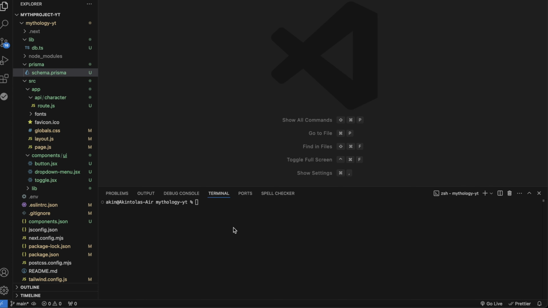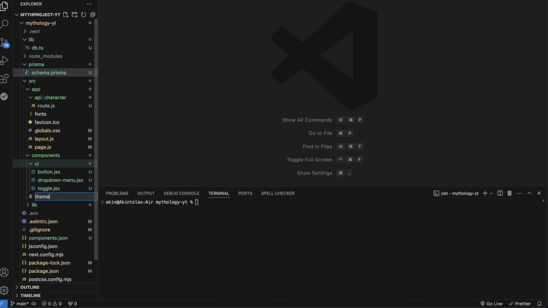So like I said, with theme provider, we don't use TSX, we use JSX. So you can go ahead and copy that TSX file and just slap it in ChatGPT and tell it to convert it to JSX for you, and it's just going to do that. So you don't have to really do anything else. So in order to create that component, we can go ahead and say new file within components, and this file is going to be called theme provider. So okay, new file, it's going to be theme